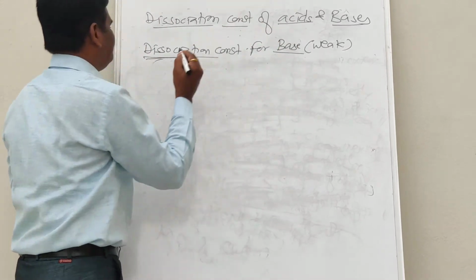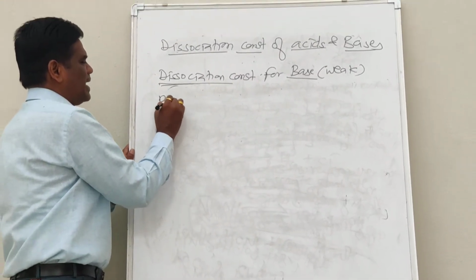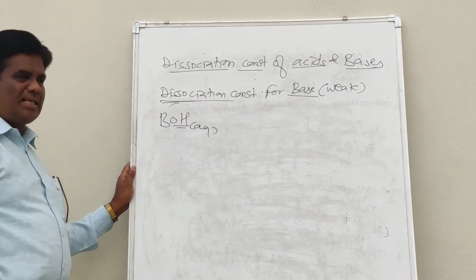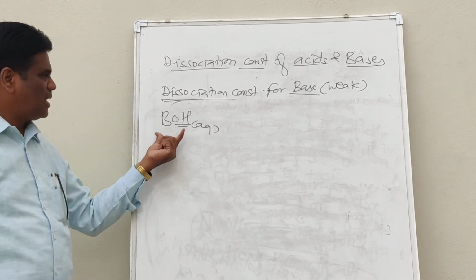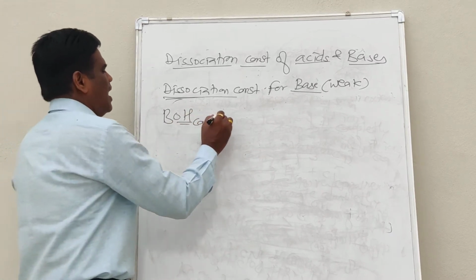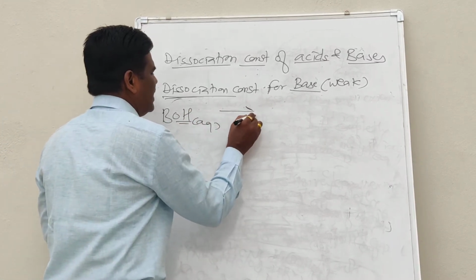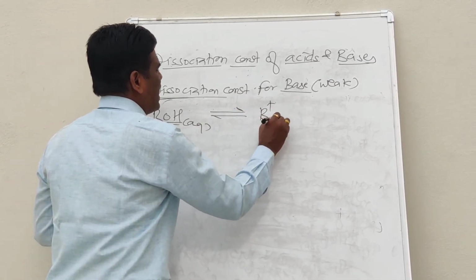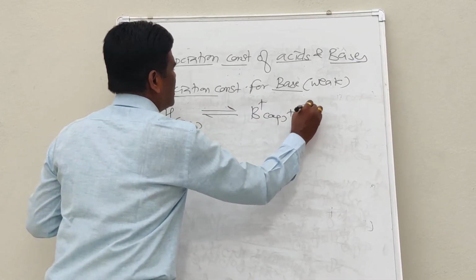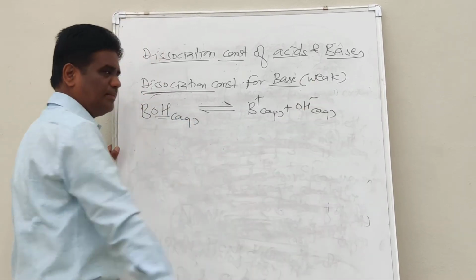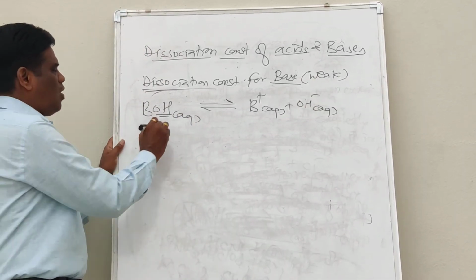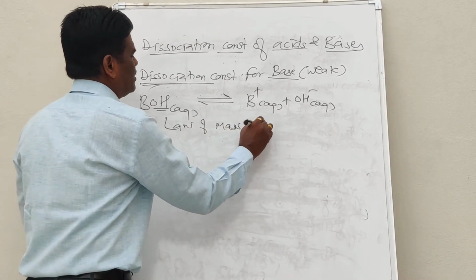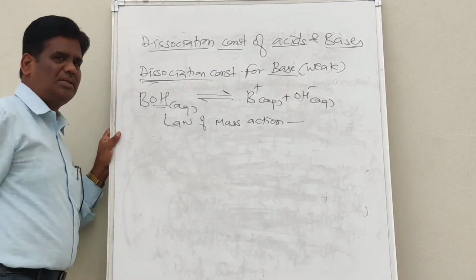Generally, a weak base, which I consider as BOH, contains OH minus ions in its solution and is called a base. Since BOH is a weak base, it is feebly or partially dissociated into B plus ions and OH minus ions in solution. Now applying the law of mass action on this equation,